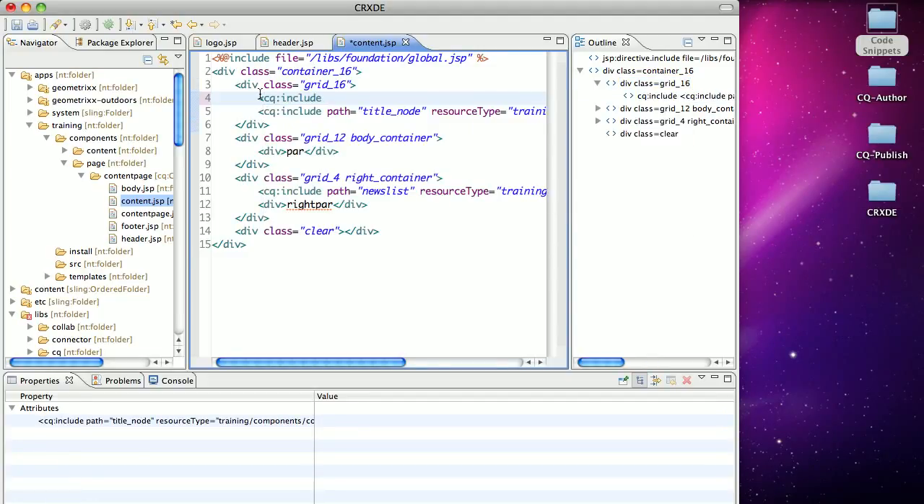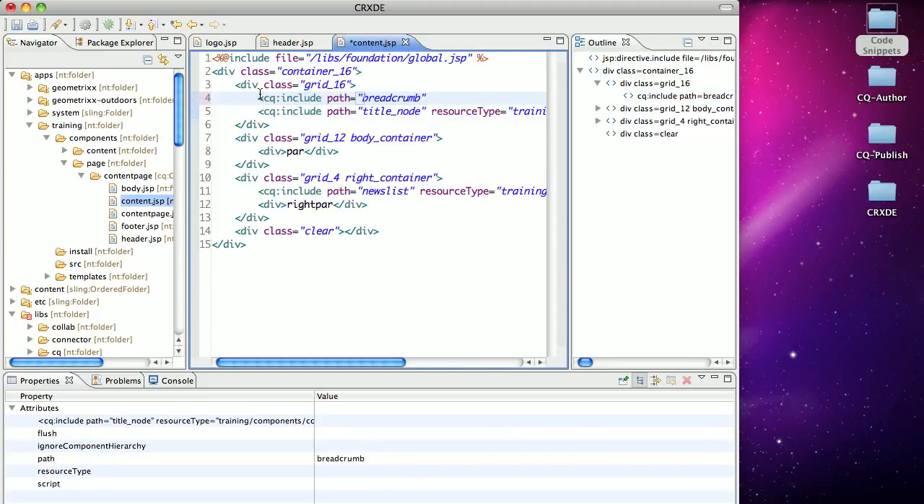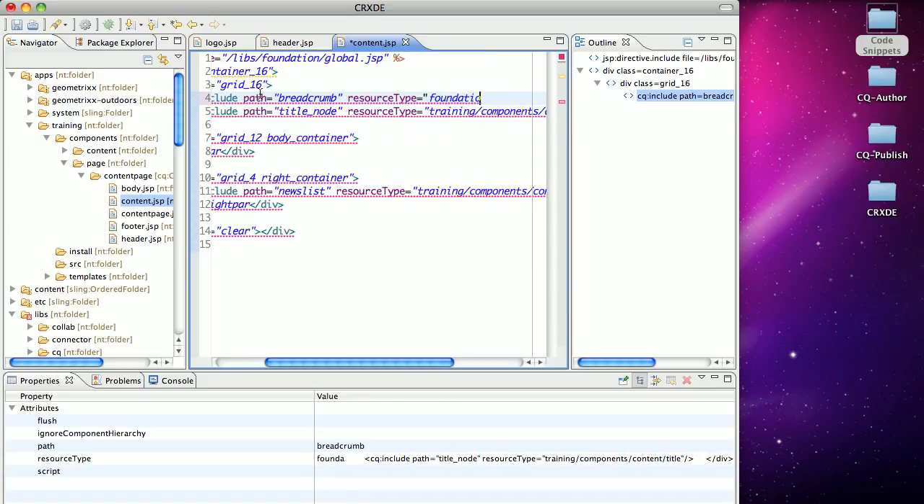So here I'll say CQ include, okay, and I'll say path. Okay, as you see there, and let's just call the path breadcrumb. This is what it's going to write to in the repository because remember, everything is content. Okay, and then I'll say resource type is equal to foundation